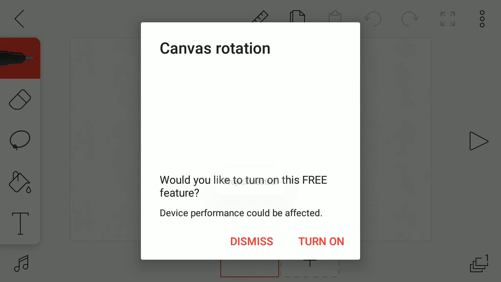So let's just animate a stick figure walking from. Wow, I'm terrible. Okay, I'm not good at this at all.